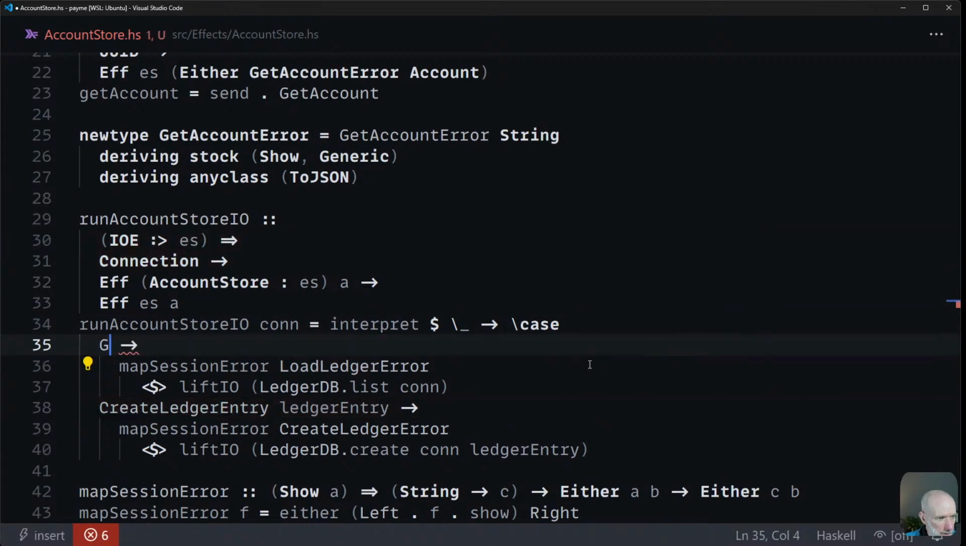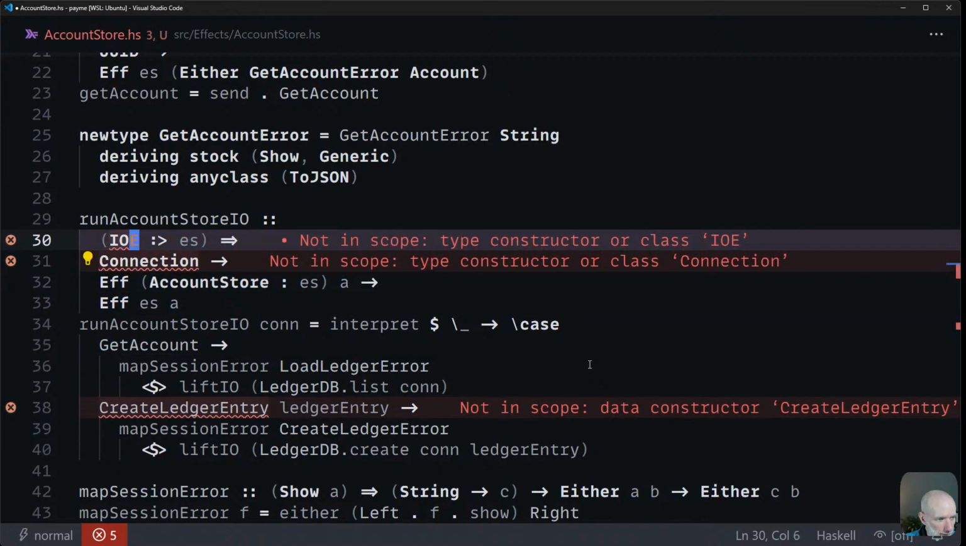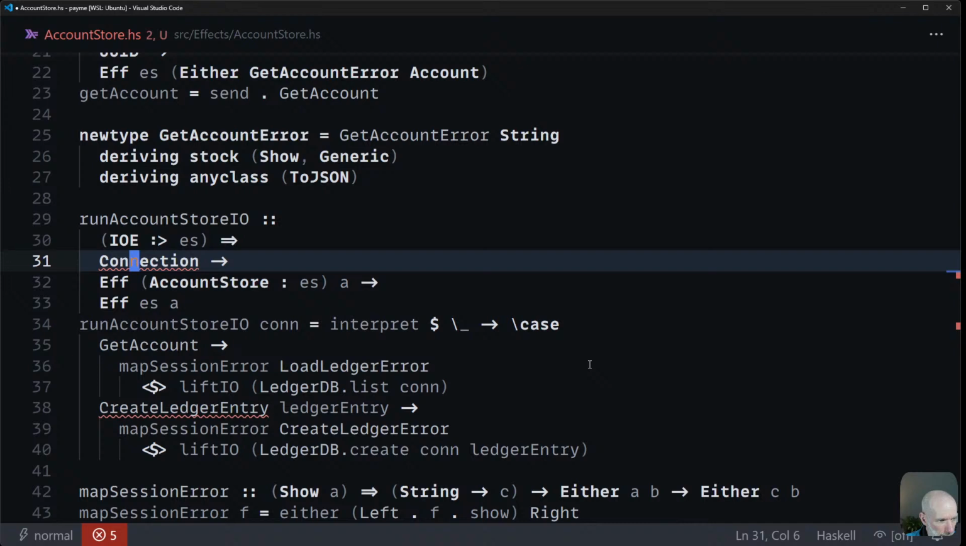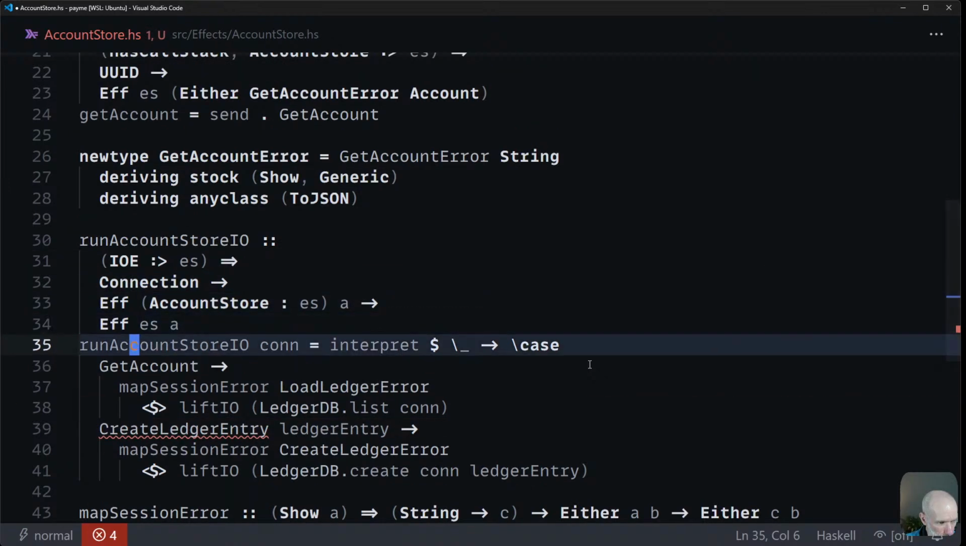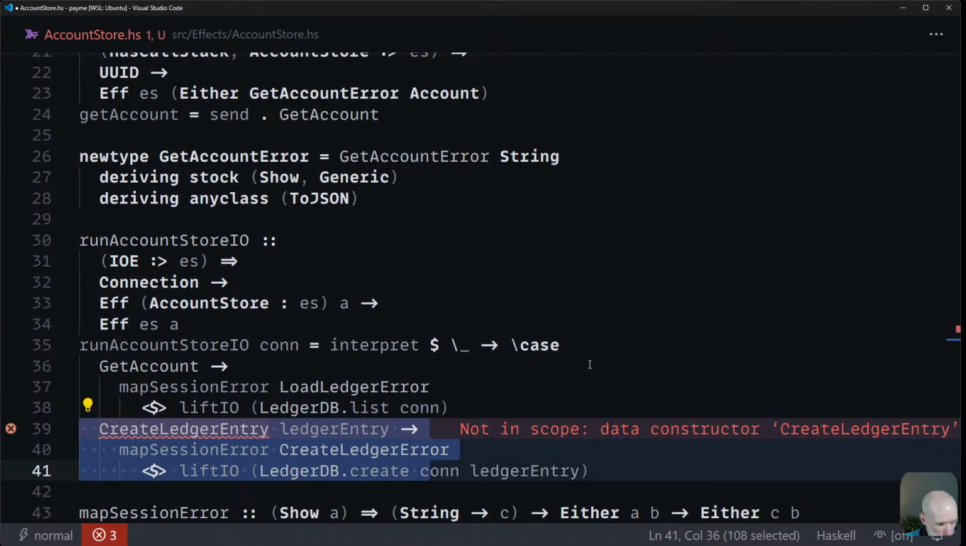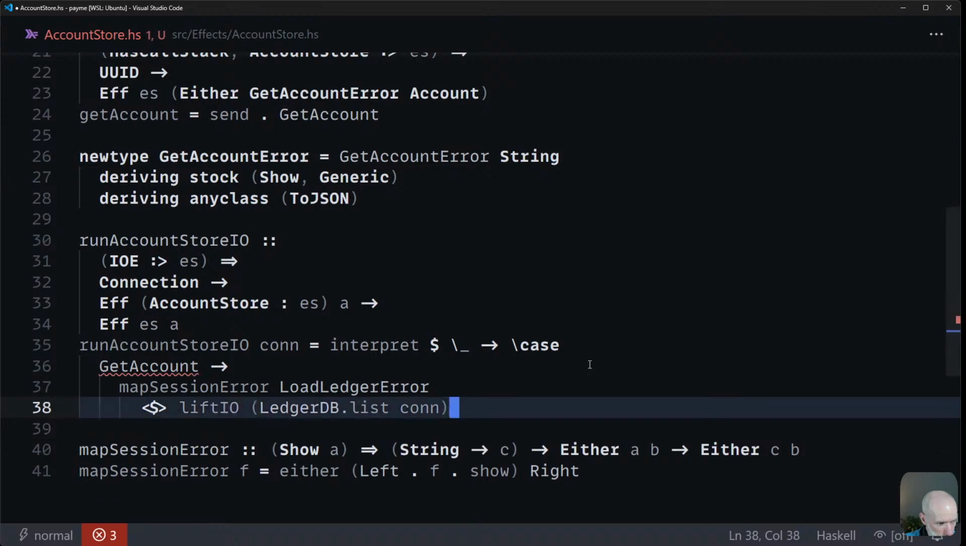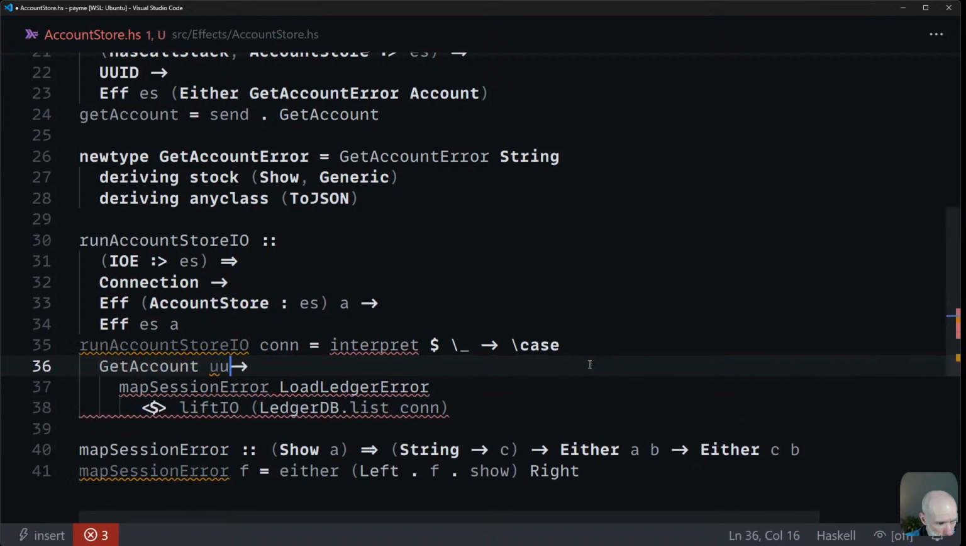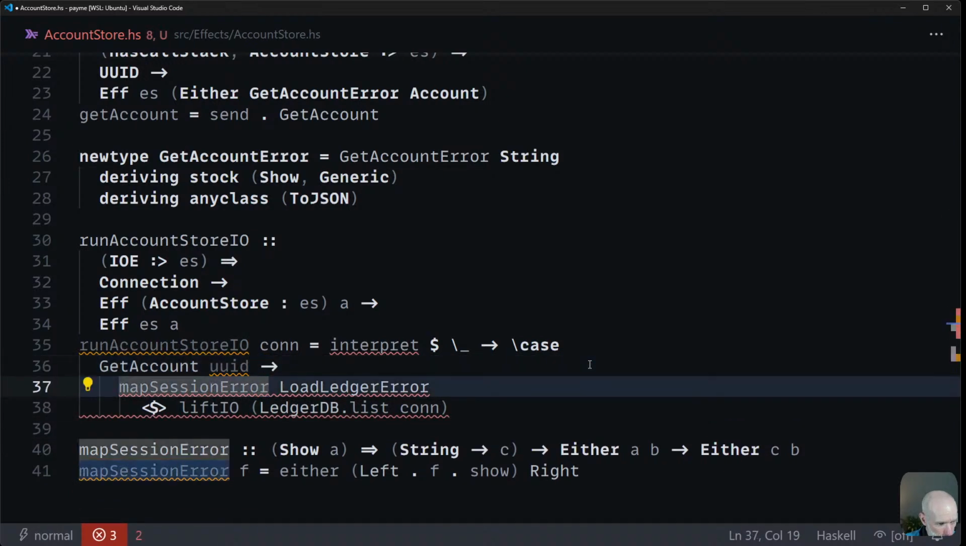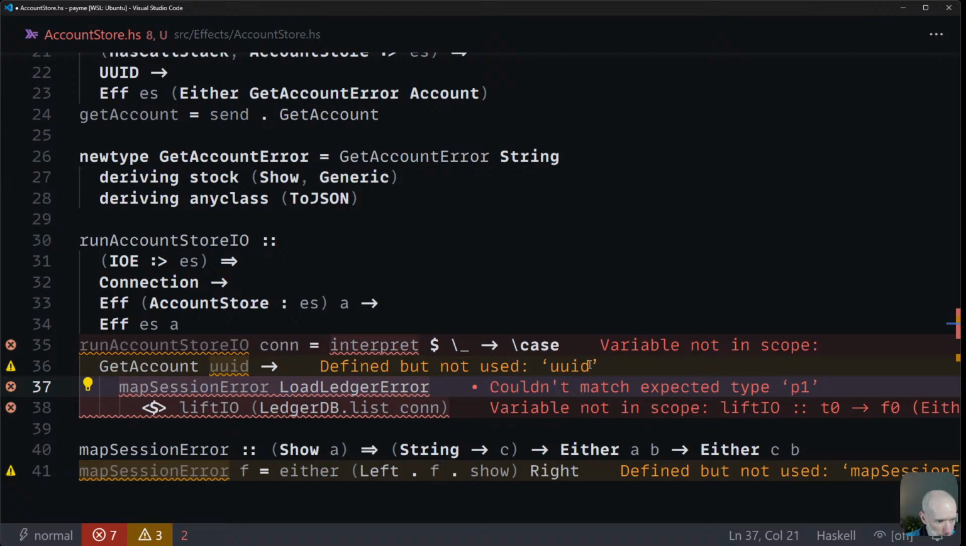Right, so we have get account. A few things going on. Let me import this. Let me import connection. Okay. We don't have create. I'm going to take a UID. And then